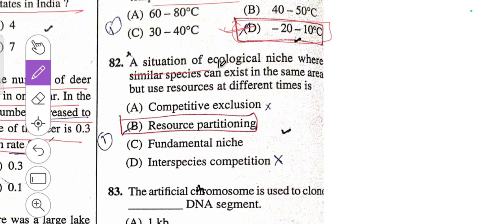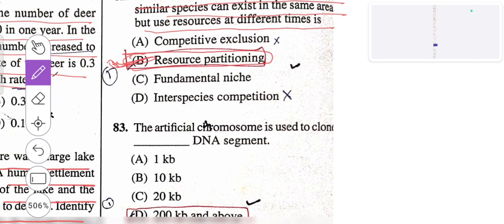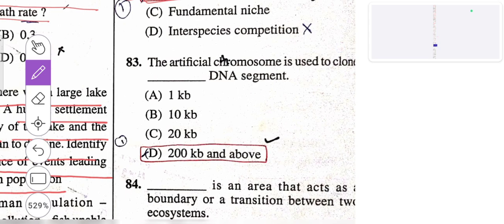82 question. A situation of ecological niche where similar species can exist in the same area but use resources at different times. That is resource partitioning. They will understand, in order to avoid fights, in order to avoid competition, they are following this rule, that is resource partitioning. Then 83,